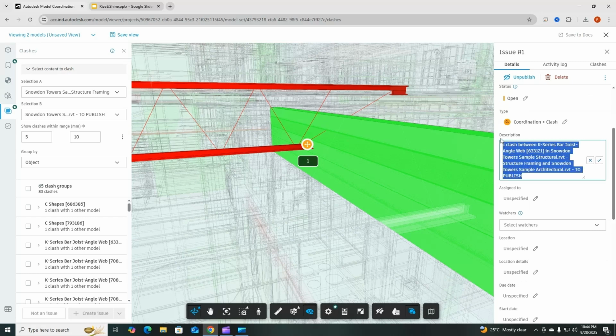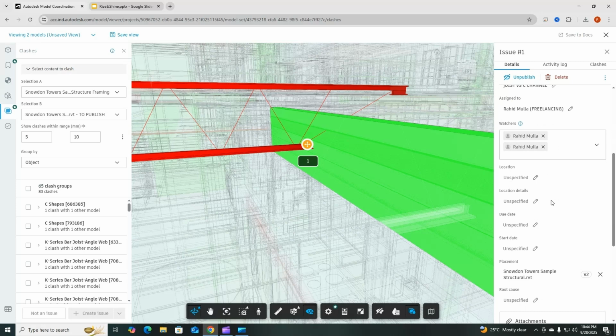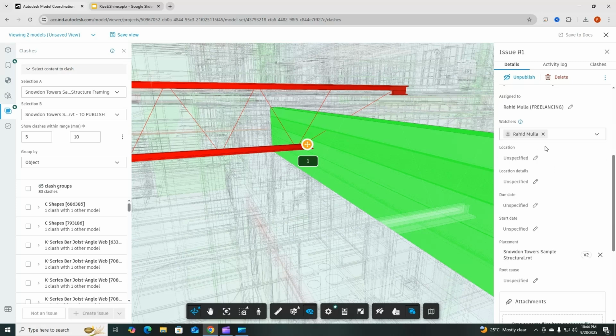If you don't want such a big description, you simply write here joist versus C channel. And then if you have added members in your project, you can assign them this issue. As of now, there is another account which I have with the same name, so that's the reason I am assigning this to myself.